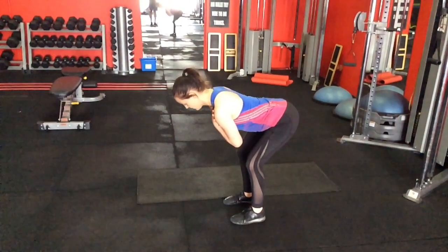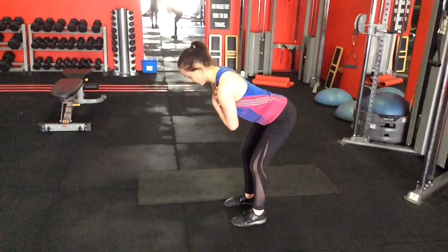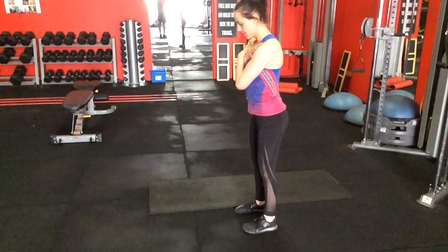And the big difference of this, if you remember before how I wanted her legs and her spine to be like this, well, on the deadlift we want her shin to be vertical, and we were trying to get this. So this is a very important one for people with back pain, learning how to use their hips correctly. When you're picking up objects, it's a great way to build strength into the glutes as much as protecting the lower back. So it's a very important exercise for a beginner, because this is really the art of bending over and